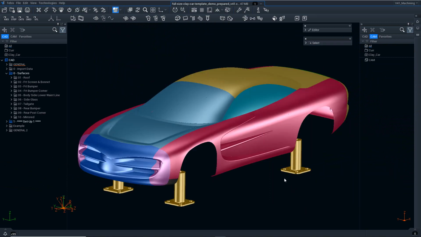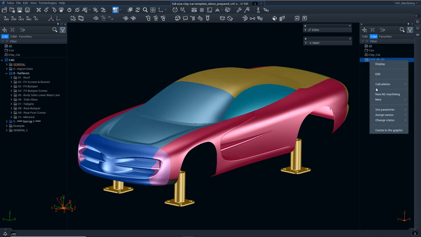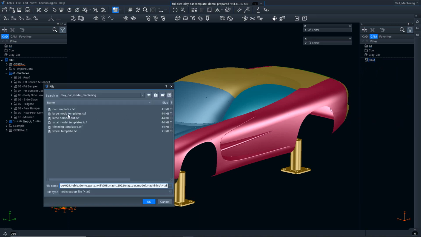Okay. So now I'm happy with the machining setup and the position it is on the machine bed. The next thing I'm going to do is import a smart process template. And I can just do this in the structure tree by importing a set of templates. Could be any type of template here, but in this case we want to choose car templates for this type